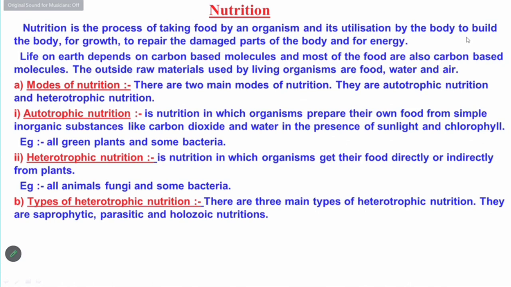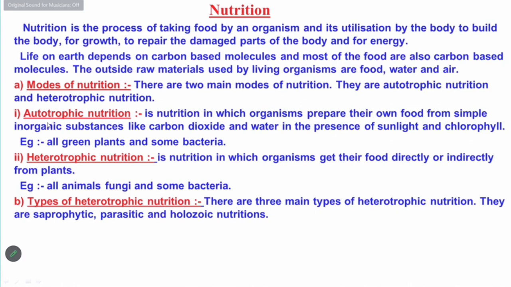So as per the modes of the nutrition is concerned, कितने प्रकार का अलग अलग प्रकार का न्यूट्रिशन होता है? There are 2 main type of nutrition. So one type is known as autotrophic nutrition and another type is known as heterotrophic nutrition. प्यारे बच्चों, जैसा कि ऑटोट्रॉपिक शब्द पर अगर आप फोकस करें, इसको देखें बड़े ध्यान से, ऑटोट्रॉपिक वर्ड इज मेड अप ऑफ 2 वर्ड, ऑटो एंड ट्रॉपिक। ऑटोट्रॉपिक न्यूट्रिशन एक ऐसा न्यूट्रिशन होता है